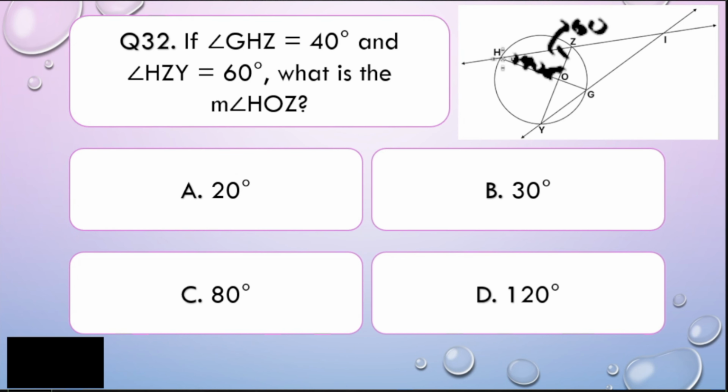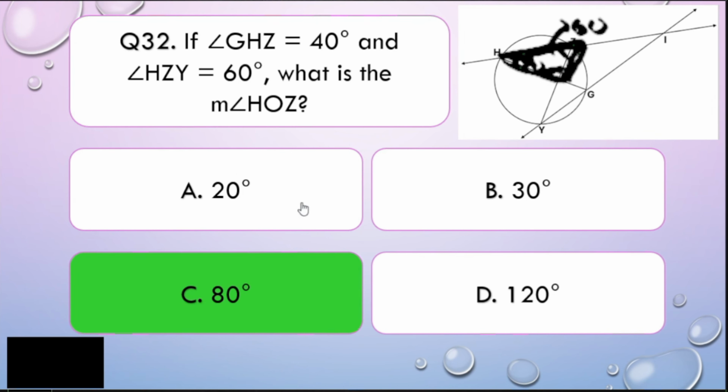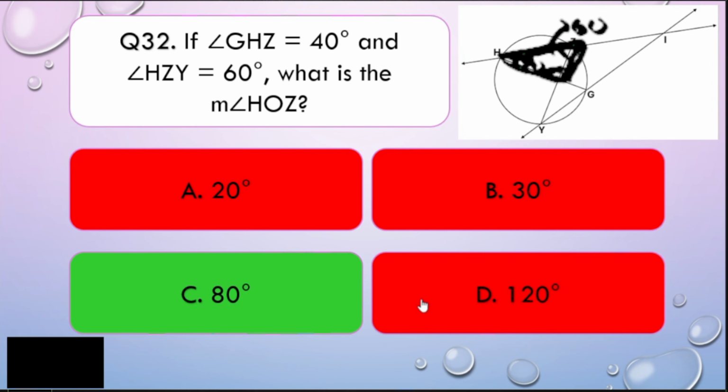So if this is the case, you can see that this is already forming a, what is that? Alright, that is a triangle. Now, remember that the three angles in a triangle always have a sum of 180 degrees. Two angles are already given, 40 and 60, and that is 100. So therefore, in order to know the measurement of the third angle, you just need to get 180 minus 100, and the correct answer is letter C. Easy, right? Very easy, my dear math learners. So I hope you got that one.